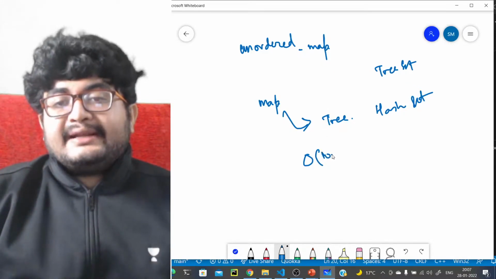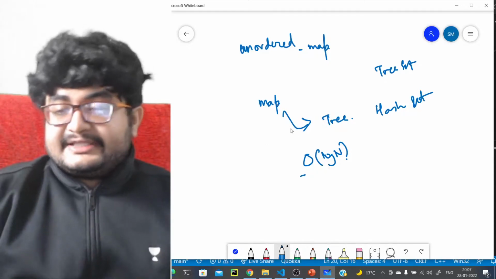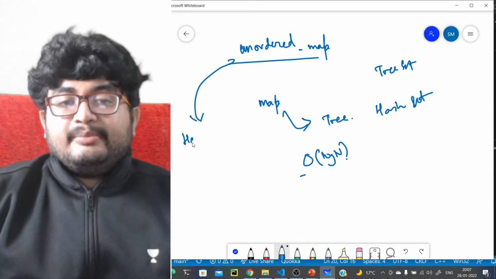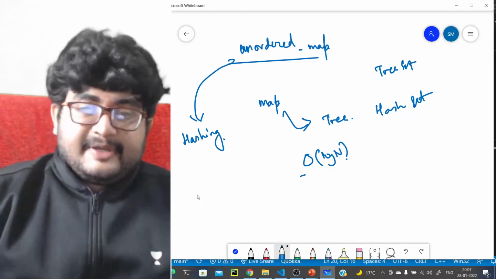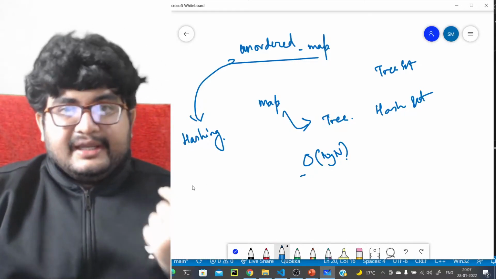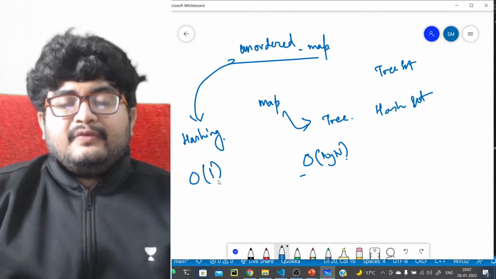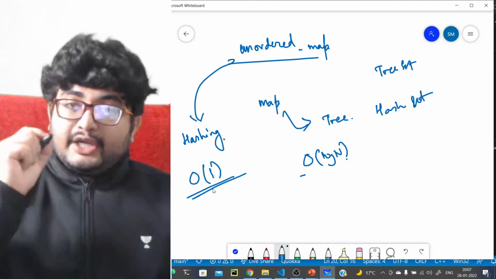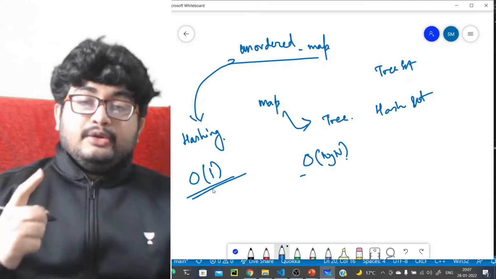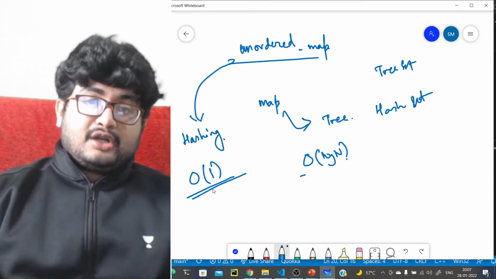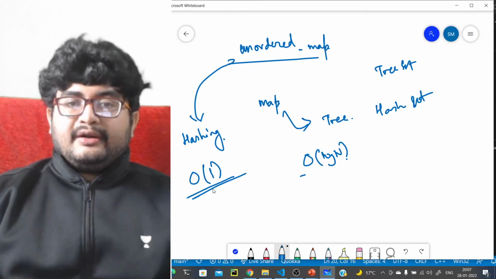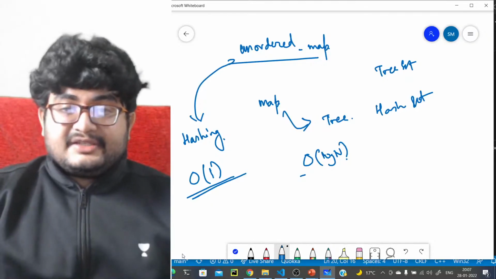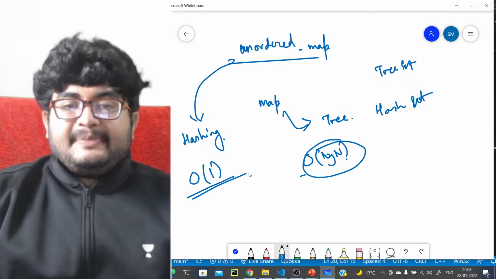That's why we have log n complexity for all the insertion, deletion, everything. The first implementation, the unordered implementation, is a hashing based implementation. So everything like finding an element, inserting, deleting is order of one, right? So in unordered map, everything is order of one, but it's order of one in a probabilistic way. If there are no collisions, then it's order of one. If a lot of collisions happen, then it's no longer order of one. It might even shoot up to order of n if the test cases are designed in such a way. So it's always safe to use a map instead of an unordered map.